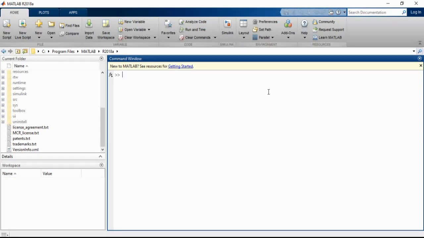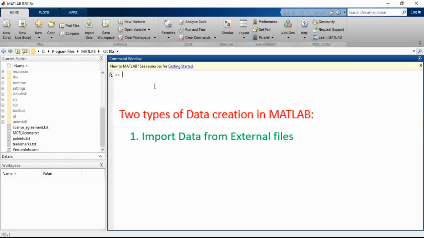In MATLAB, we are going to enter the data, or get the data into MATLAB, in different ways. One way is importing the data externally from different files, as we discussed. You can import the data by using this option from an Excel file or text file or .mat files, that means the MATLAB extension files. All those data files we can import and retrieve the data into MATLAB and work on it. So that is one type, and the next one is you can create your own